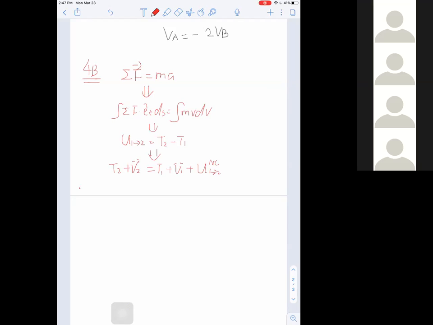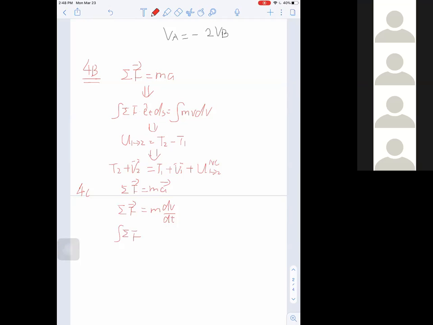And in 4C, we're going to do a different modification on the same formula F equals ma. So in 4C, we're going to write the acceleration as the derivative dv over dt. That's the definition of acceleration, right? It's the first derivative of velocity with respect to time. Then we're going to throw this dt term into the other side of the equation and take the integration. And we end up with,